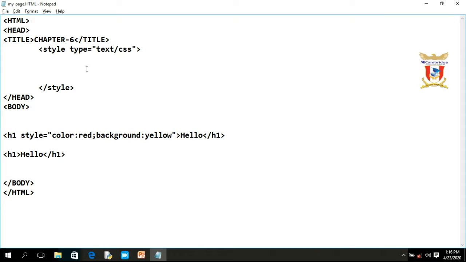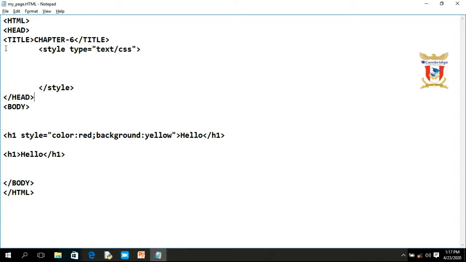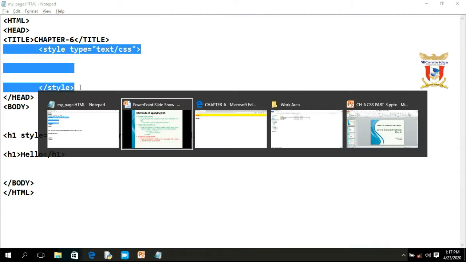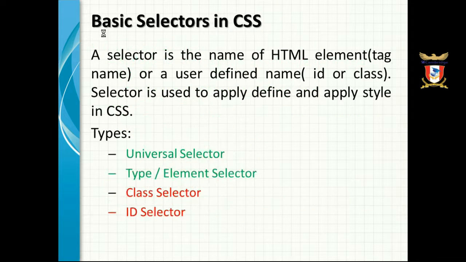How we can define the style rule, we'll discuss in the next topic about selectors, because we have to get the knowledge of selectors to define a style here. So this section is known as internal style sheet. So first we have to learn what is internal style sheet, and inline we did it, but how we have to define a style declaration, then we have to learn about